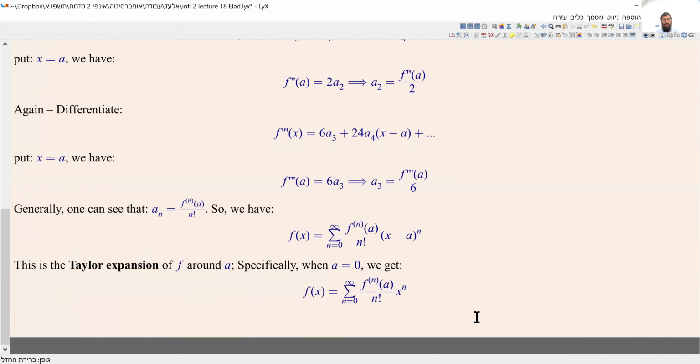x to the n, and this specific case is called